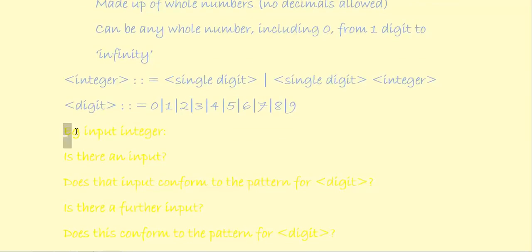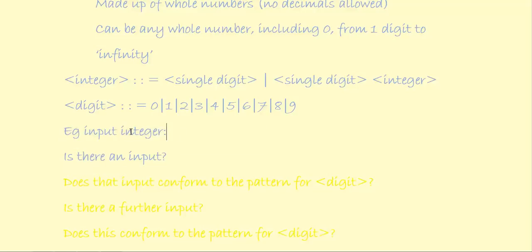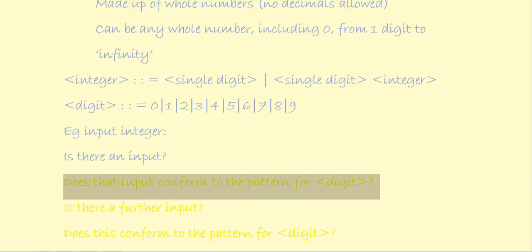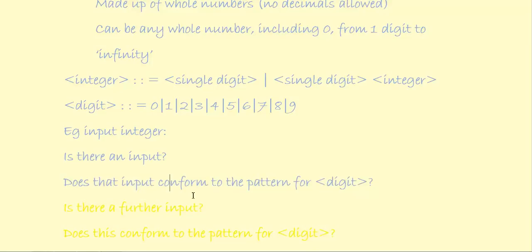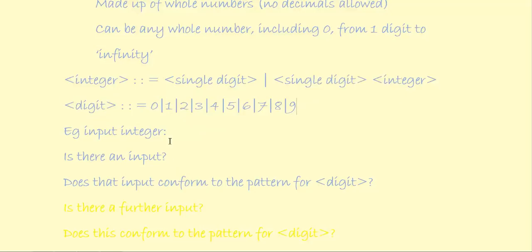Let's have a look at some pseudo code on this. So, e.g. inputting an integer. First question that would be asked is, is there an input? If there wasn't an input, the program would either prompt again, fall over, or just close. Assuming that there is an input, then the program would ask, does that input conform to the pattern for digit? And in the lookup table, if you like, the definition for digit would be found, and the actual values that are allowed for digit would be checked. So it would check against the input, is it a 0, is it a 1,